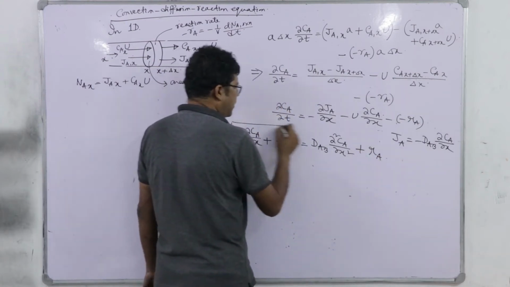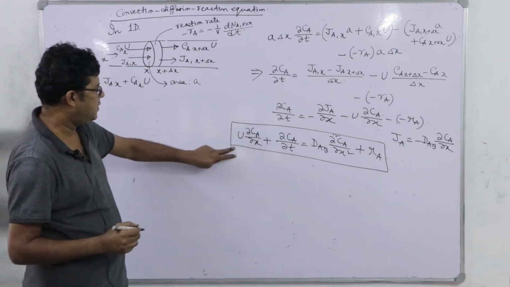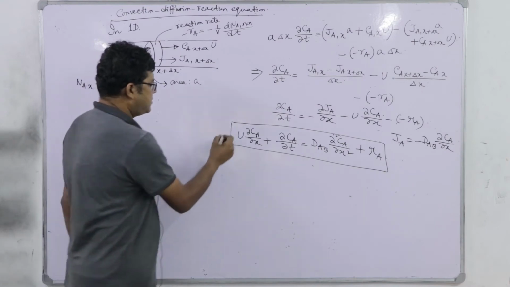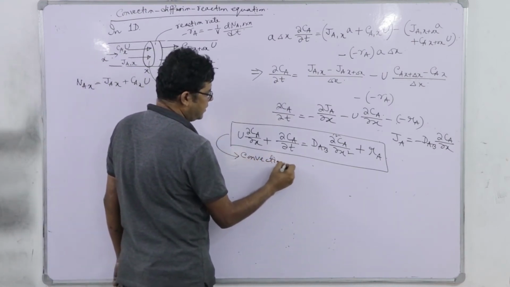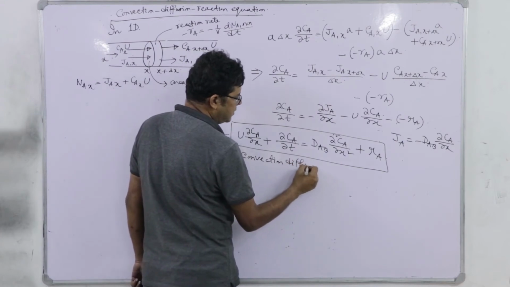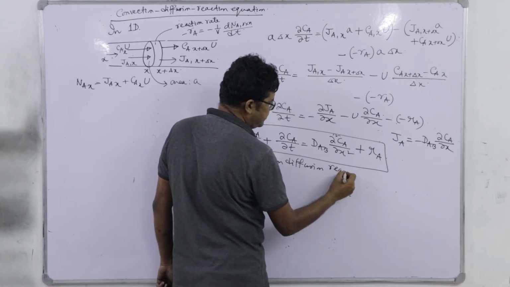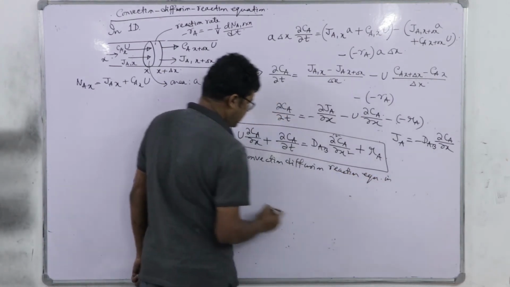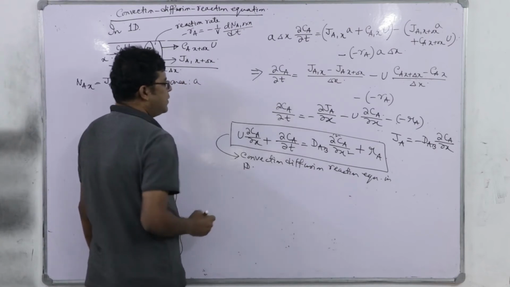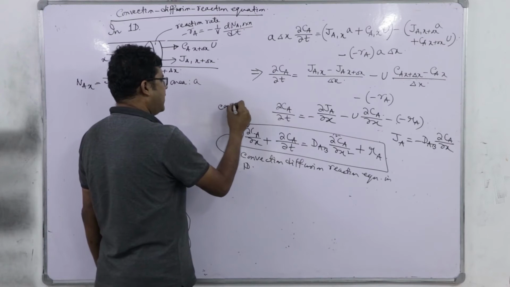So, that is the form of the convection diffusion reaction equation in one dimension. So, you see that this is the convection term,